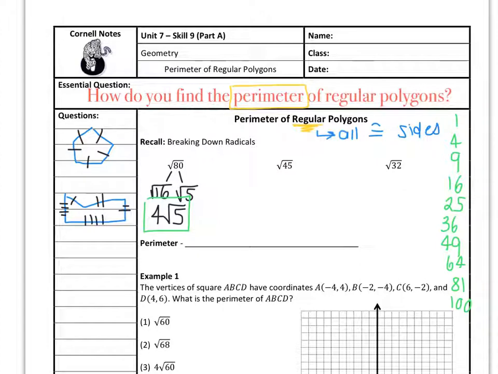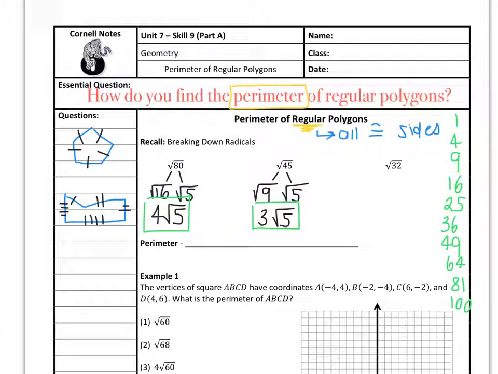So again, just like I did before, I'm going to break it down. So I break it up. Perfect square goes first. 9 was my perfect square. 9 went into 45 5 times. The square root of 9, I know the square root of 9 is just 3. Plain old 3. I don't know the square root of 5, so I leave that alone. There's my answer. Okay, so pause the video for me, try the last one, square root of 32,